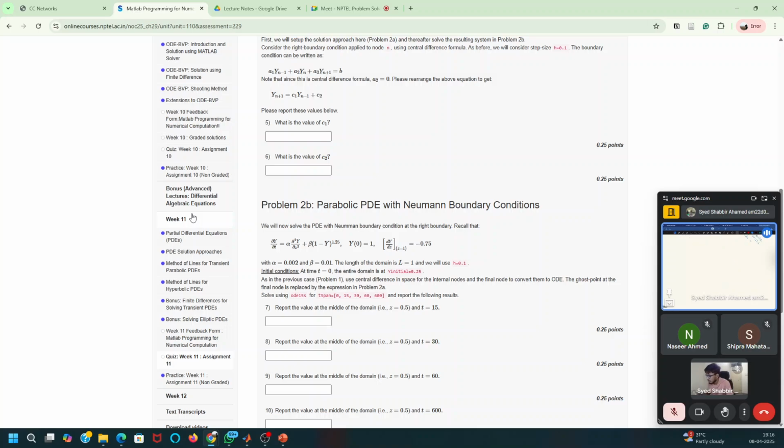Now, in this week, we are moving towards partial differential equations. In partial differential equations, we have two or more independent variables. So, for instance,